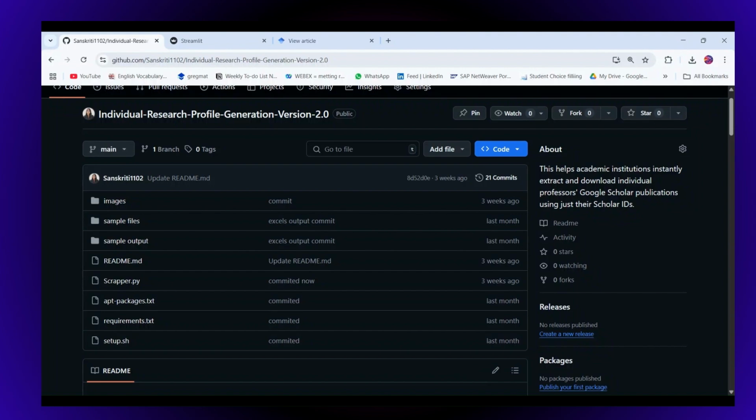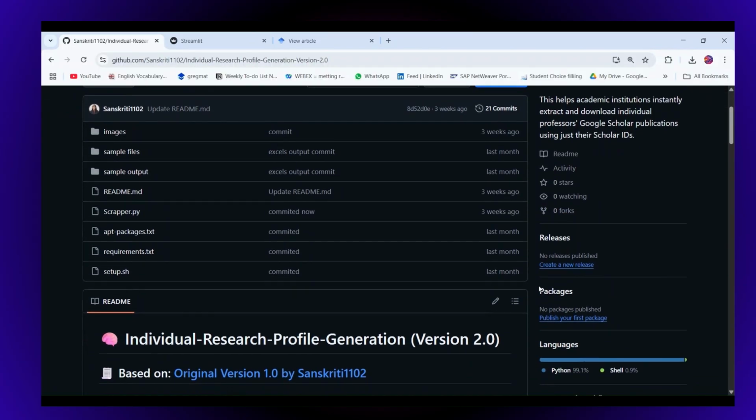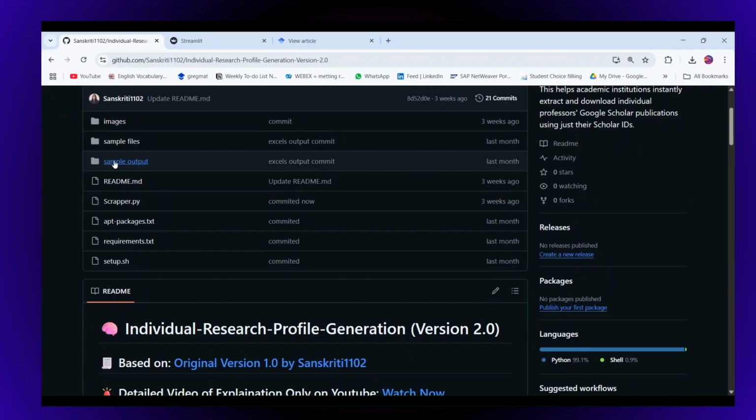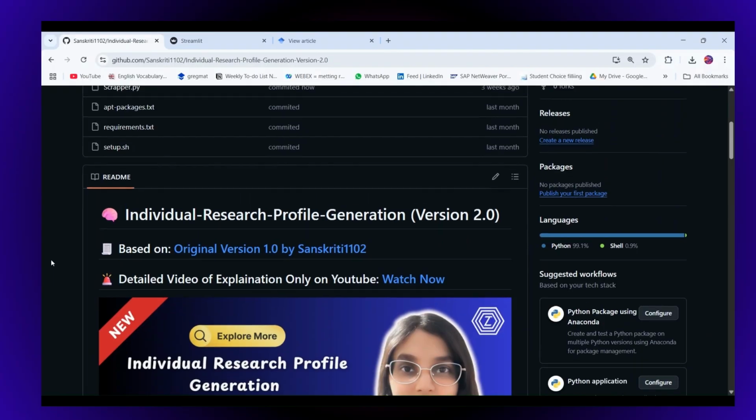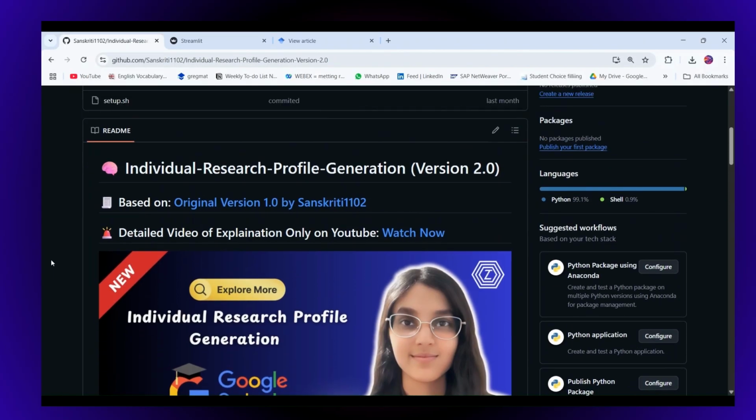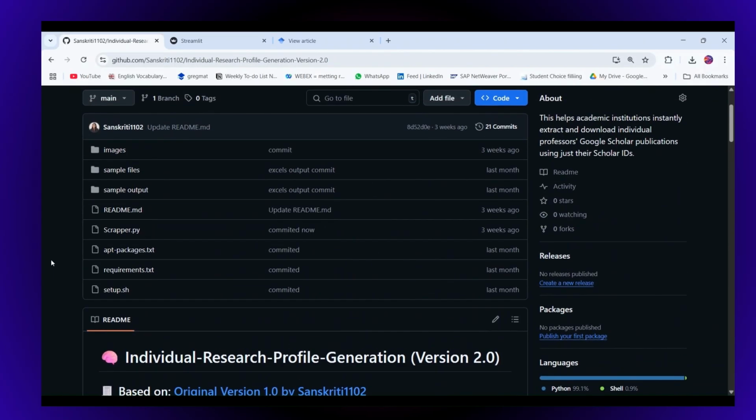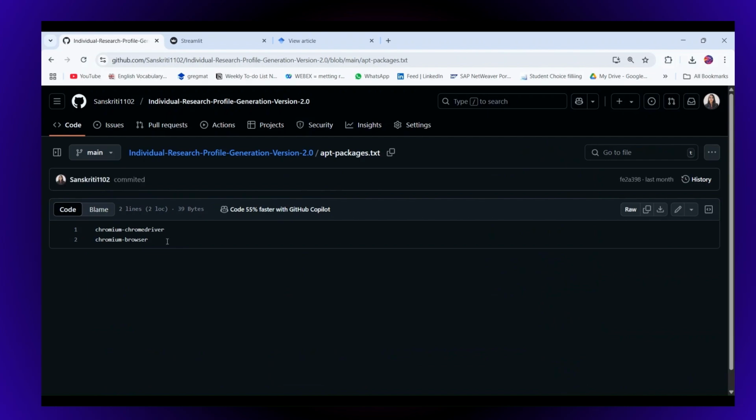So let's get back to our GitHub repository. As you can see, I have uploaded all the files, also including the sample output. If you want to go through it, you can go to that. As far as the project is concerned, scraper.py is the Python file where you will put all your code. But what is the use of packages.txt and the requirements? Yes, so you need to have this mentioned under